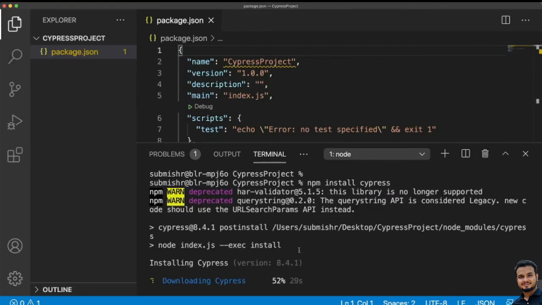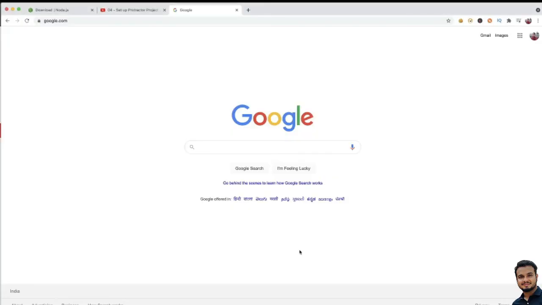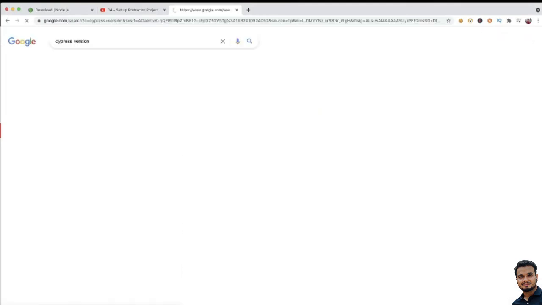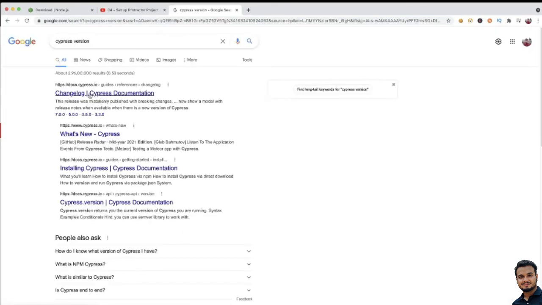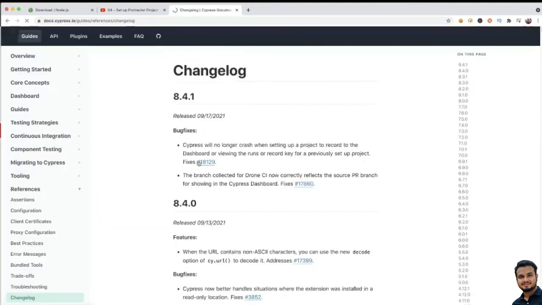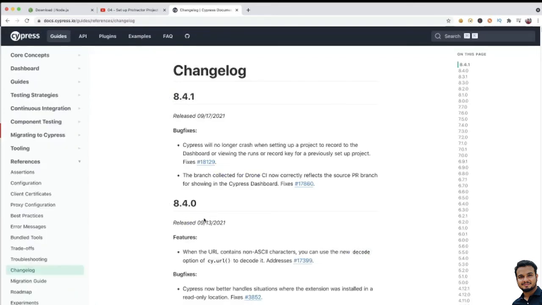While it is getting installed, if you want to see the Cypress versions, you can go to Google and write Cypress version. Just click. Here you can see the changelog, just click here. You can see the latest versions 8.4.1, 8.4.0.